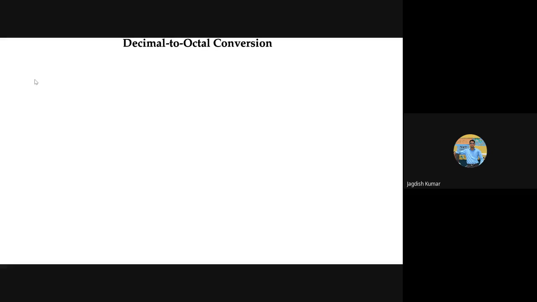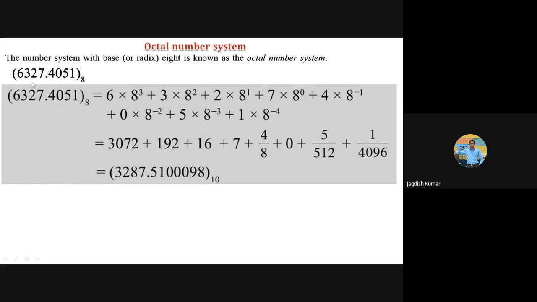How do we call a number? Suppose it were a decimal number system. What did we used to call? We used to call the weights. What will be the weight in the decimal number system for this unit? What will be the weight for this tens? What will be the weight for 300s? What will be the weight for 6,000? If there is another digit, what will be the weight for that? 10,000. So that is how weights are placed. Because in the decimal number system, weights are like 10 raised to power 1, which is tens place, then 10 raised to power 2, hundreds place, 10 raised to power 3, thousands place, 10 raised to power 4, 10,000 place, and so on.